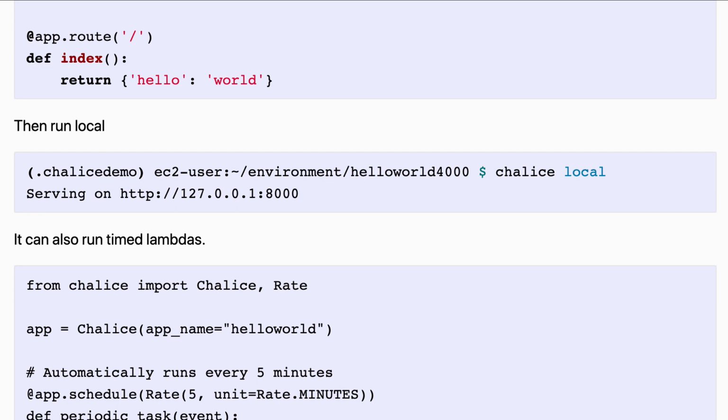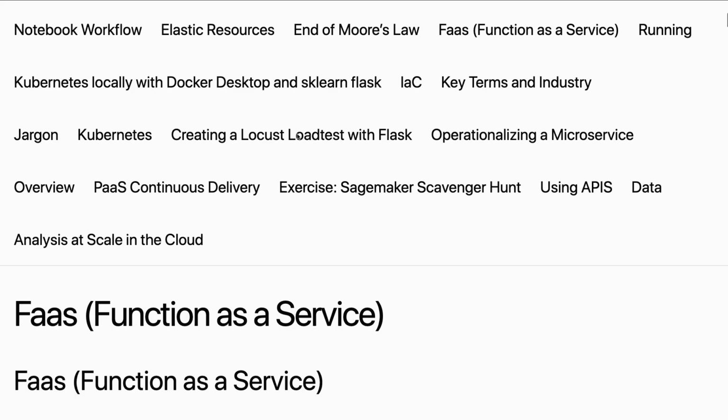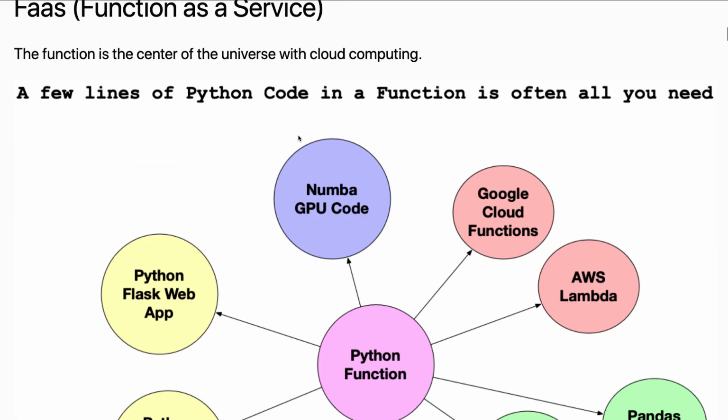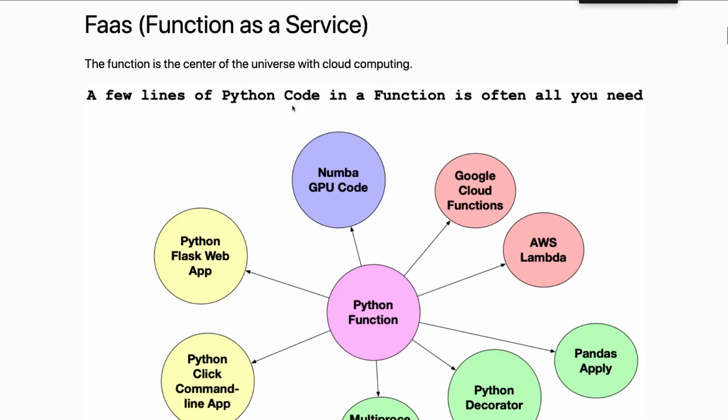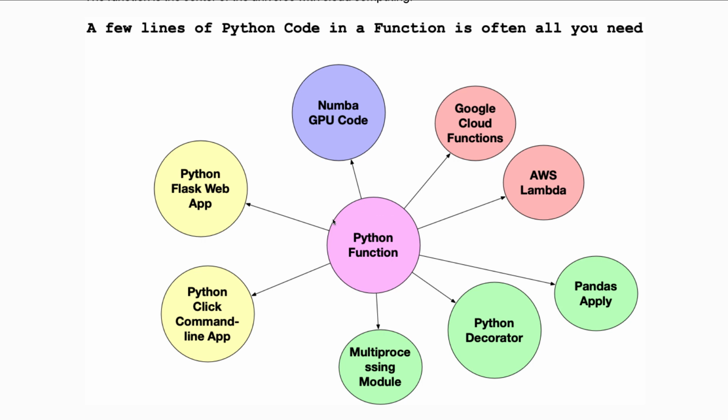So I think that really is probably a good spot to dive into a couple different examples here, and I'm going to show this notebook here and just kind of talk about this concept again of function as a service. So if you think of function as a service, it really is the center of the universe, right? With cloud computing, and I basically talked about some of this a little bit ago, but with just one function, you can build web apps, command line tools, do parallel computing, decorators, pandas operations, do lambdas, Google Cloud Functions, do GPU programming. And in fact, what I wanted to show you was an